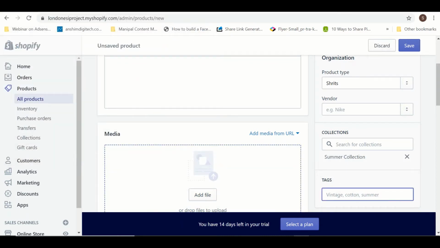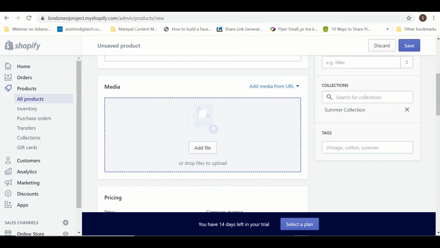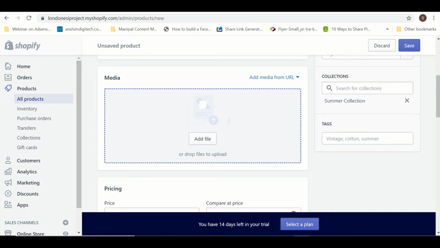That I can select. The tags are in the sense of describing an attribute. So I will say okay, it's a cotton product. Media is nothing but the image of my product. Now whenever you're providing the image, ensure that you are clicking your image on a white background, because the images that are clicked on white background are highlighted very nicely. Okay, make sure you're using a high end camera with a good pixel. Right, so preferably you can use DSLR cameras to upload a product image.